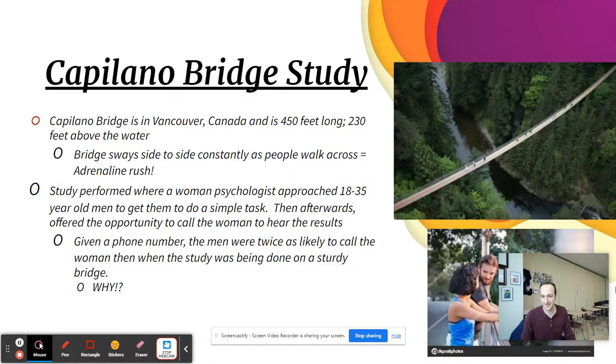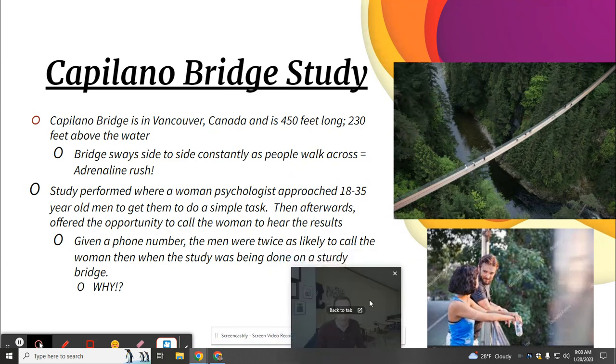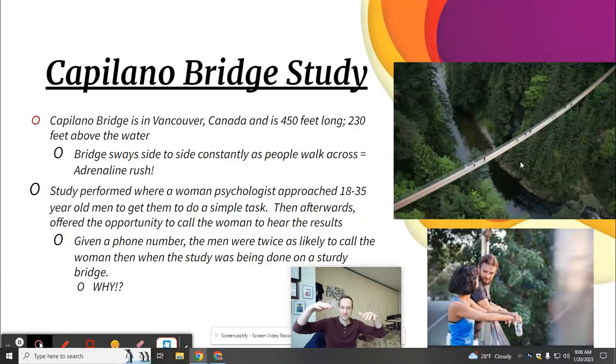Just briefly, this is an interesting side study that was done. And this speaks to the importance of the Schachter-Singer theory, this two-factor theory. We've got to think through the emotions you're feeling. So some researchers wanted to know, does being in a dangerous environment matter? This is the Capilano Bridge in Vancouver, Canada, which is one of those huge bridges that sway a little bit as you walk over a giant drop-off, right? There's a long way down, 230 feet above the water. What they did is they ran a study where they had a fairly attractive psychologist woman standing in the